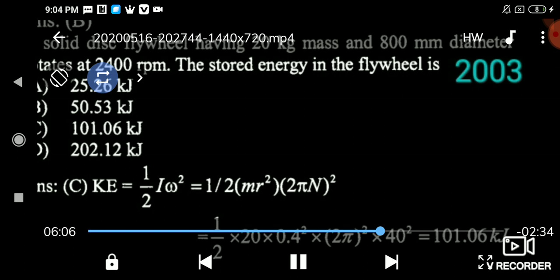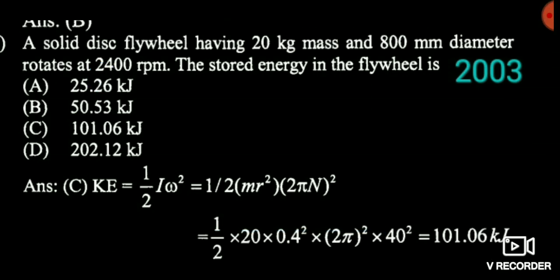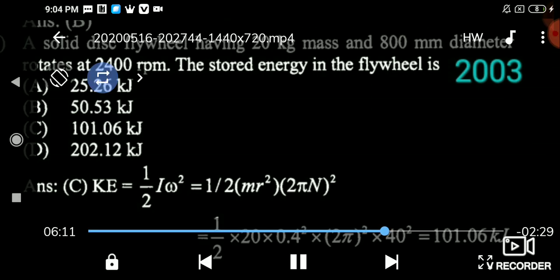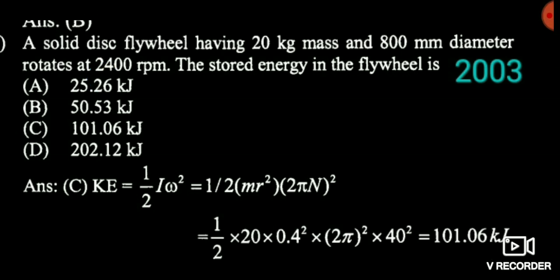For moment of inertia, I think all of you know that I is equal to m r square, means mass into radius square. So here diameter is given, so you convert it into radius, and mass is given, and omega. Friends, I have told you that omega is equal to 2 pi n when n is in rps, revolution per second, and omega is equal to 2 pi n by 60 when n is given in rpm. जब हमारा आरपीएस में गिवन हो तब ओमेगा की वैल्यू 2 पाई एन होगी, और जब हमारा आरपीएम में गिवन हो तब ओमेगा की वैल्यू 2 पाई एन बाई 60 होगी. आपको ये चीज़ याद रखनी है.